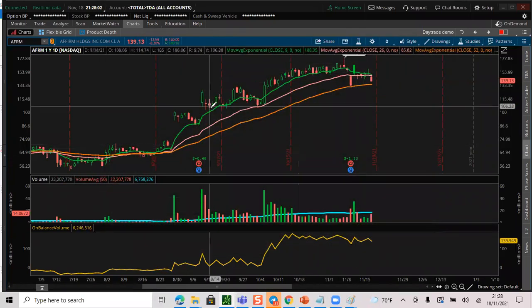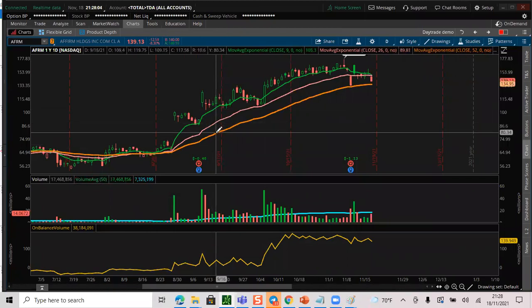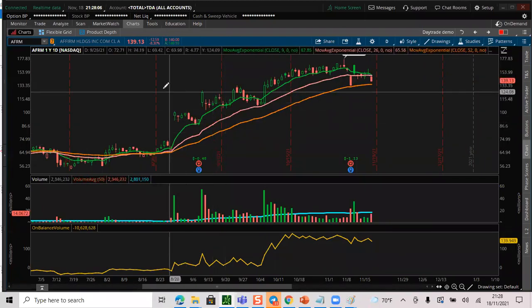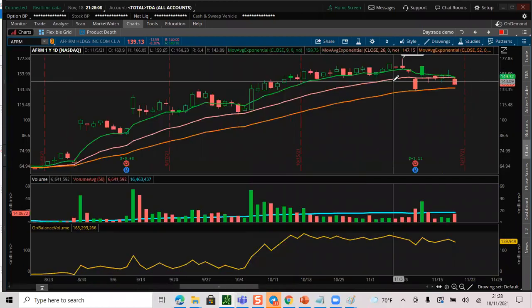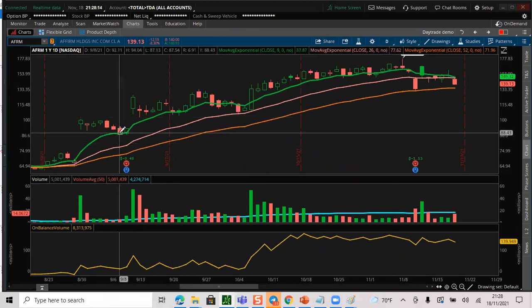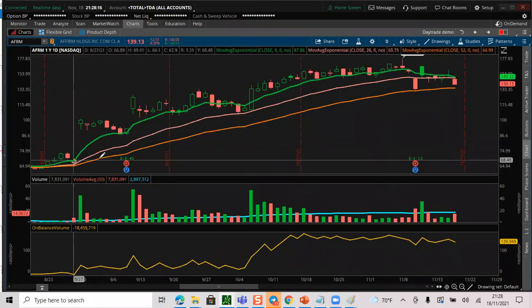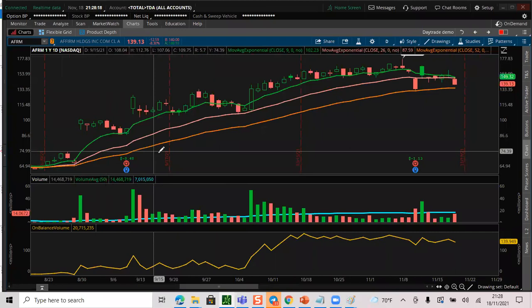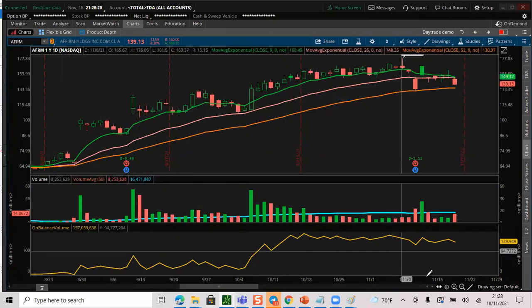Okay, so this is 9 EMA, this is 26, and this is 52. Okay, so these are some of my long-term bullish trend signals. As long as my 9 EMA goes above the 26 and 52, I keep it for a long term. Okay, now on Affirm,